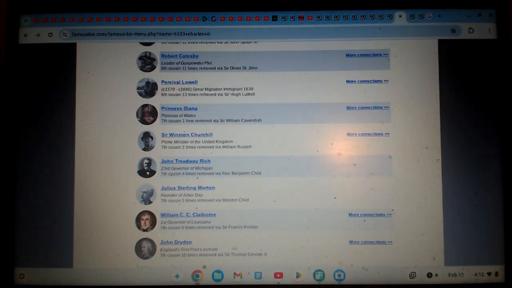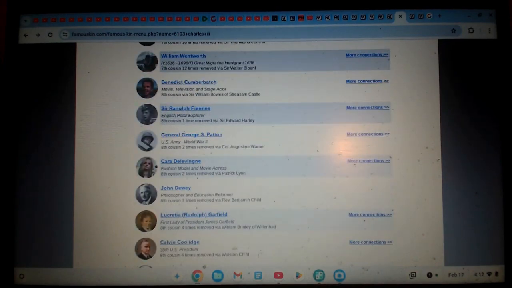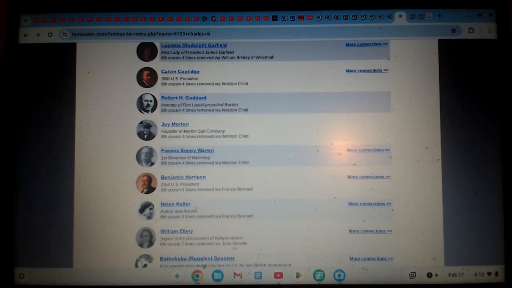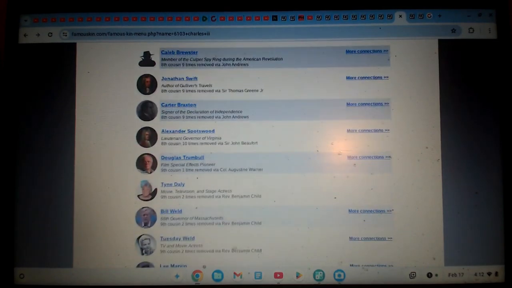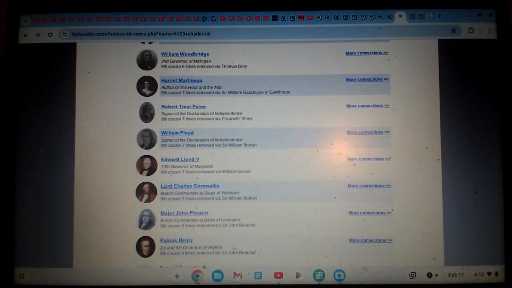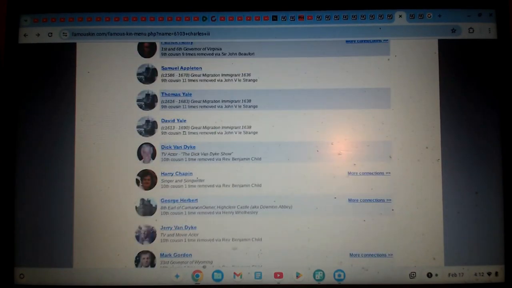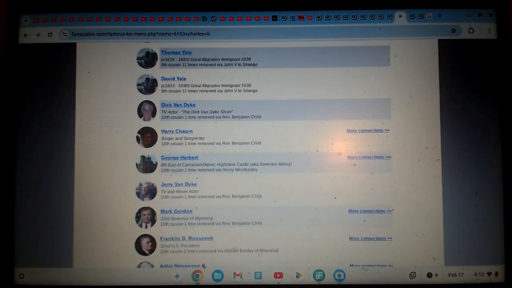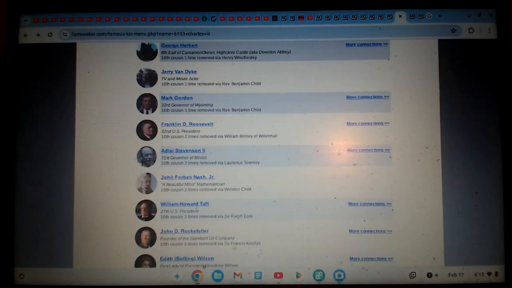7th cousin. See, what they don't tell you, though, is that these aren't just cousins. They're all grandchildren of the same 7 kings, okay? Or 5 kings, and the other 2 kings, they're usually cousins. They're not a direct line to those crowns. But you notice all the same names: Dick Van Dyke, Harry Chapman, Jerry Van Dyke, all the same